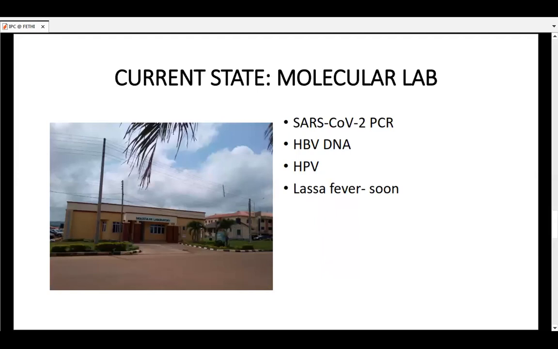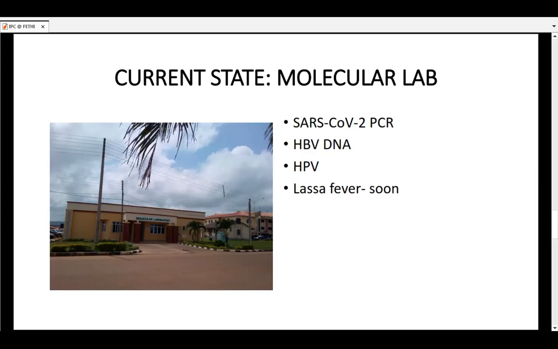And this is our molecular laboratory. This was also established, and it has greatly helped us in making diagnosis on time, because over the years, one of the things that has really challenged us in our facility earlier is getting diagnosis early. I remember there was a time we needed to send samples to Irua if we had any suspected Lassa fever. Although we do not have the capacity to do Lassa fever screening yet, efforts are in the pipeline to get the primer and the cartridge. Since we have the thermocycler, we have two thermocyclers in our molecular laboratory to diagnose Lassa fever.